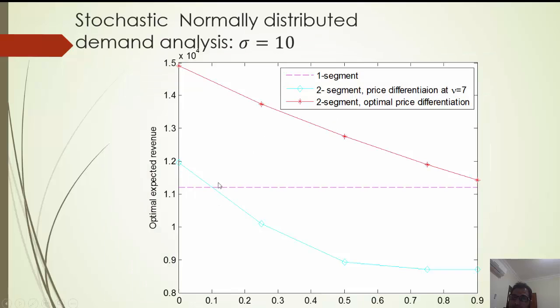We studied this particular graph, and we plotted this. Actually, the purpose of this is that this is the revenue for a single market segment, and this is the revenue if the firm does not optimize the differentiation price and uses an arbitrary differentiation price of 7. So in this case, the firm is only good to segment the market if the demand leakage is up to, say, about 12%. But if they use the proposed strategy that we give in the paper, then the firm would always be above the threshold of the single market segment, even if these demand leakages are higher. So this gives a motivation for a firm to use the proposed model when it comes to market segmentation